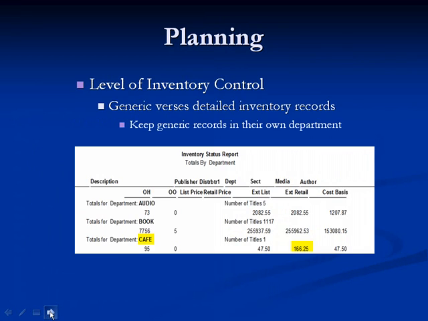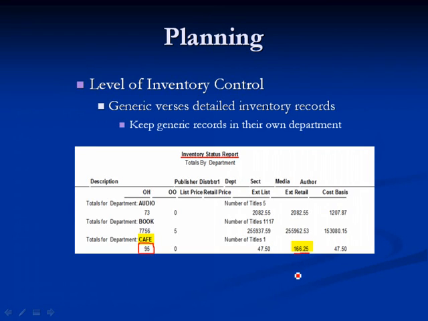What you're seeing now is a report, and what I'm showing you is why I'm suggesting that you put generic items in separate departments from those items that are not generic. What you're looking at is an inventory status report. Inventory status report shows you the value of your inventory in one moment in time. This is the value of everything you have in your store. And remember that we created a record for coffee under the cafe department, and we said that we had an on-hand of 100, and we sold 5 of them. The value that we have left is